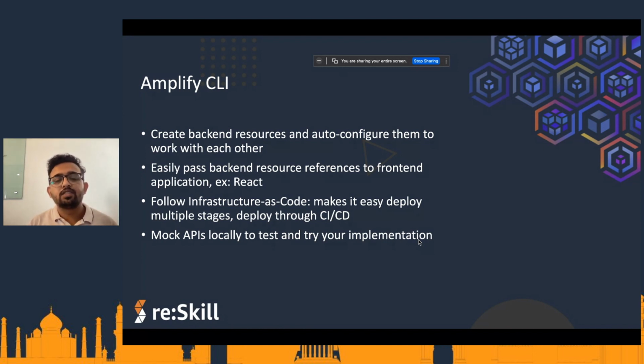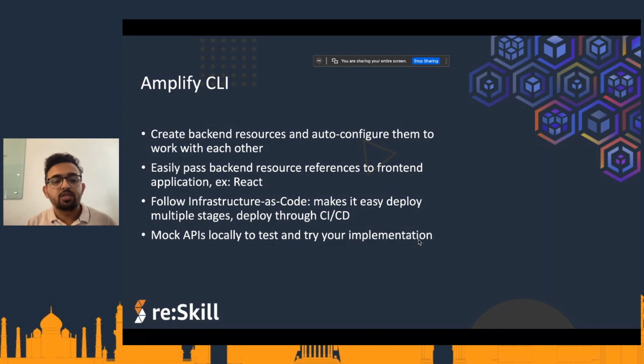So with Amplify CLI, writing these YAML files could be very daunting, especially if you are new to cloud and everything. So Amplify CLI simplifies it a lot by automatically generating these templates for us. When we say Amplify create API, it asks a bunch of questions and we just answer those questions, and based on whatever we respond in the CLI, Amplify can automatically generate this infrastructure as code template for us and keep it ready for us. That is another advantage of using Amplify CLI over directly creating resources on the console.